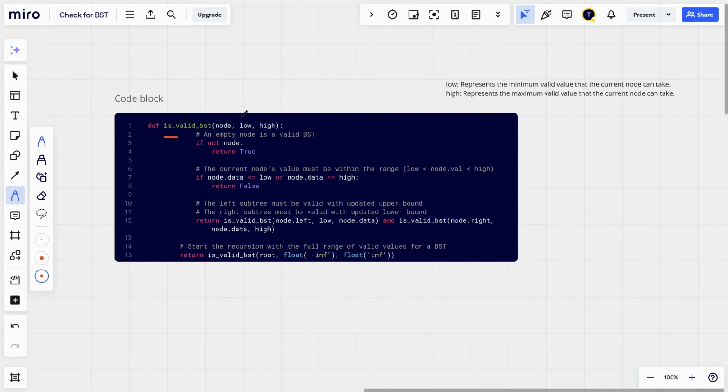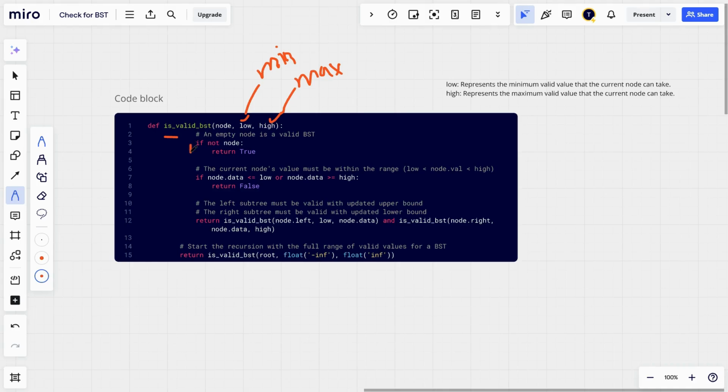Then we create two pointers, low and high, and this low and high represent the current node position value. Low is for minimum valid value and high is for maximum valid value for the current node.